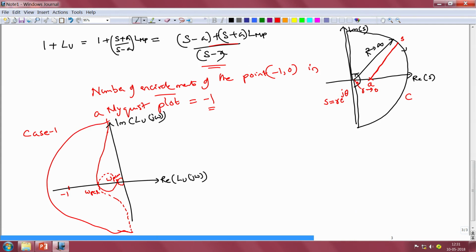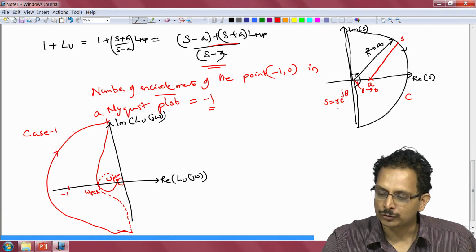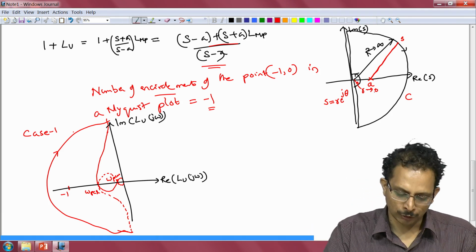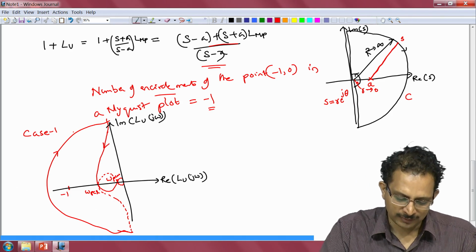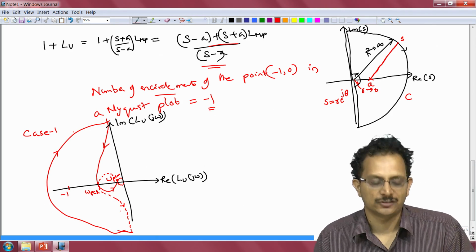I am sorry, my semicircle does not look that good, but it would be a semicircle when we were to draw it correctly, of radius R that is tended to infinity. So the radius R here is going to be on the order of 1 by small r, and that would go to infinity when small r tends to 0. So our Nyquist plot would look something like this for the first case.